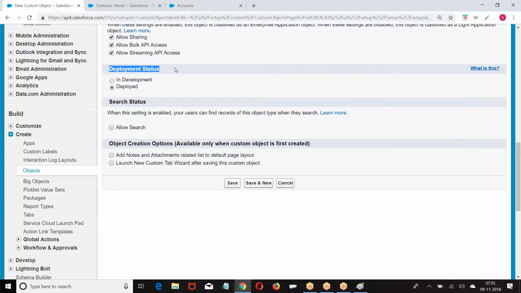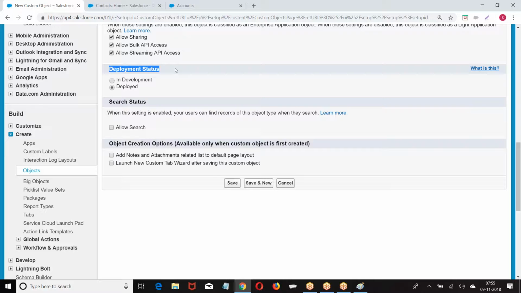Deployment status. Now you have created this object. Do you want to make it live so that everybody can use it? Yes, then say deployed. When you say deployed, the object is ready for access. Based on your security model, you can see the object. When you say in development, the process of development is not completed, and only admin can see this object.